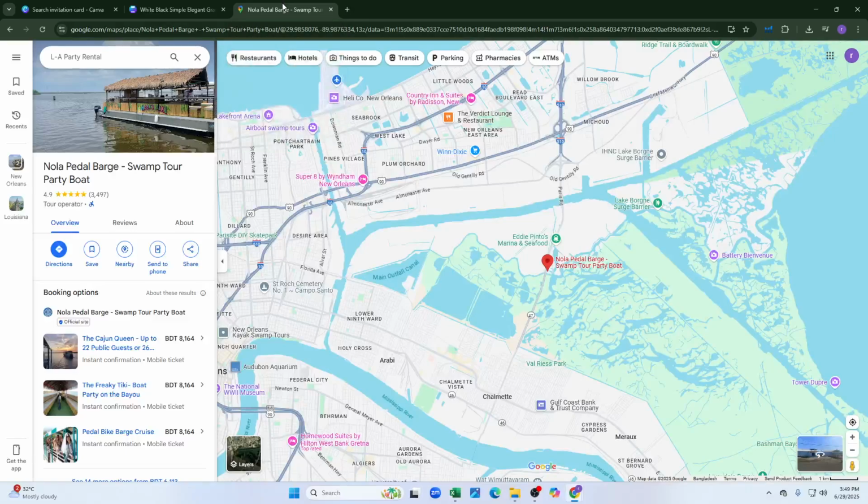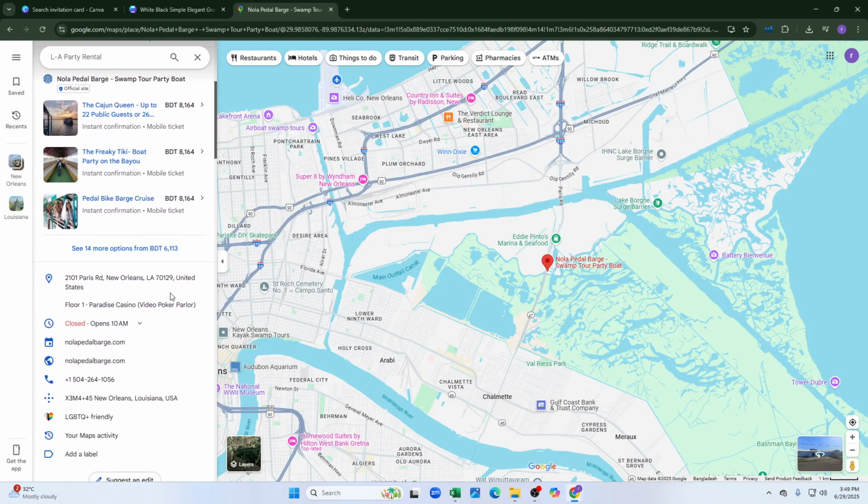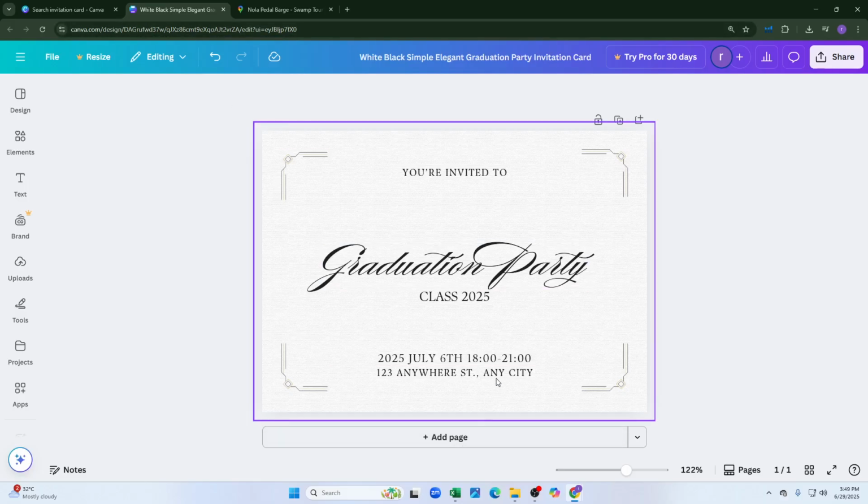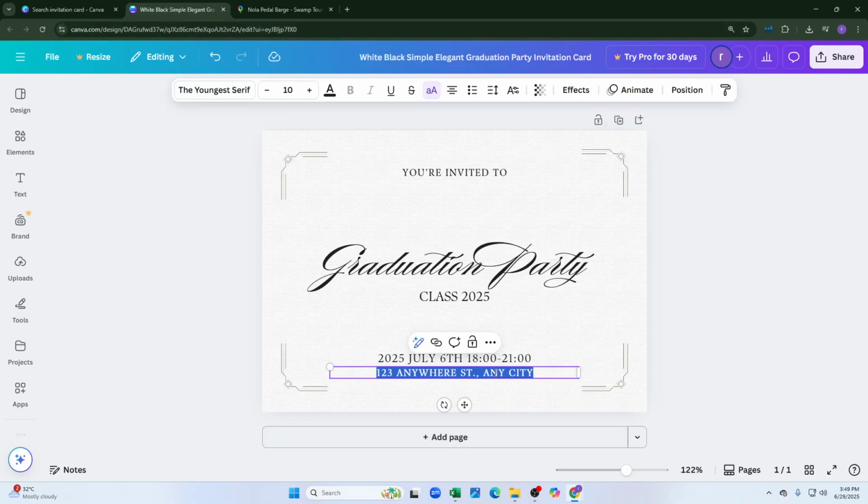Let's say a NOLA Pedalbird Swamp Tour Party Boat is the location for our program. As you can see, this is the address. From here you can just simply copy the address. As you can see, the address is being copied right now, and you can just select it and paste the address here,